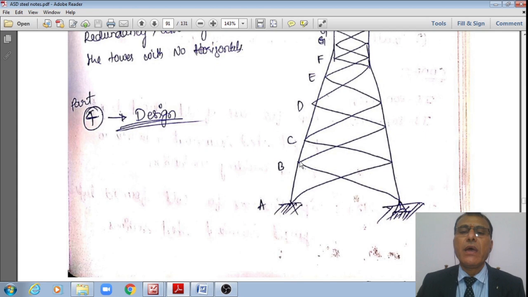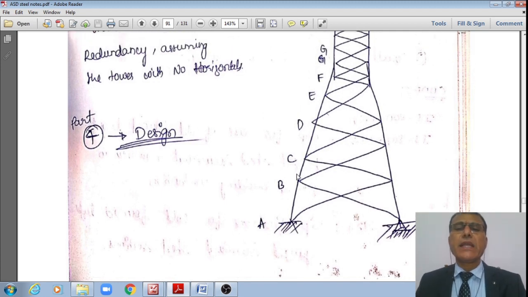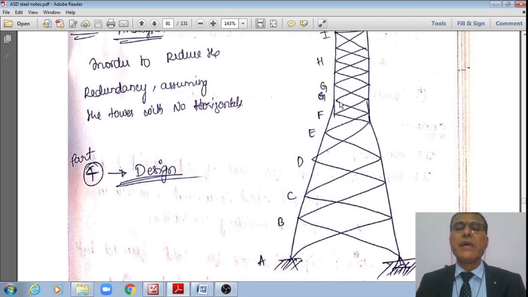Therefore, FCB and FBC prime. By taking the sum of the horizontal forces equal to 0 and the sum of the vertical forces equal to 0, the two unknown forces can be obtained. Further, you can please proceed with this analysis, and like that, you can slowly move joint by joint.